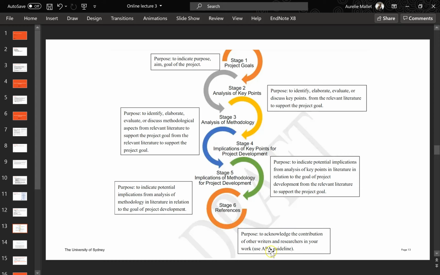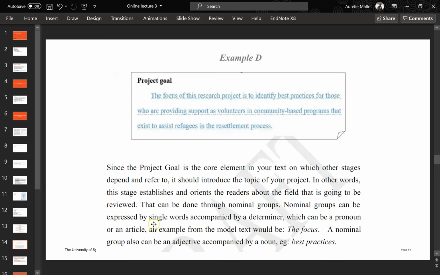And so we make a note here saying APA. There are different types of referencing styles. We prefer APA conventions here. Throughout the workbook, which I'm going to show you guys in a sec, they provide examples of actual literature reviews. So for example, this is an example of how you would write about your project goals. Like I said before here,